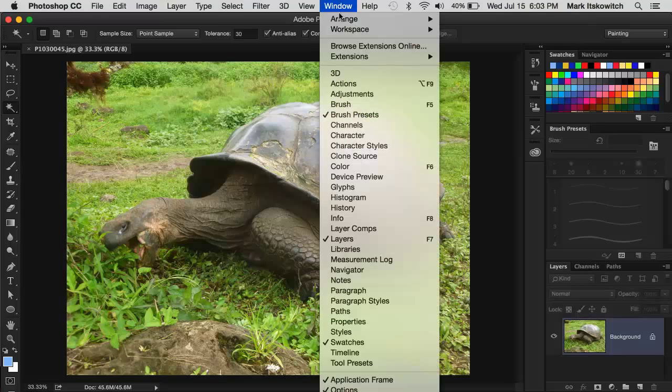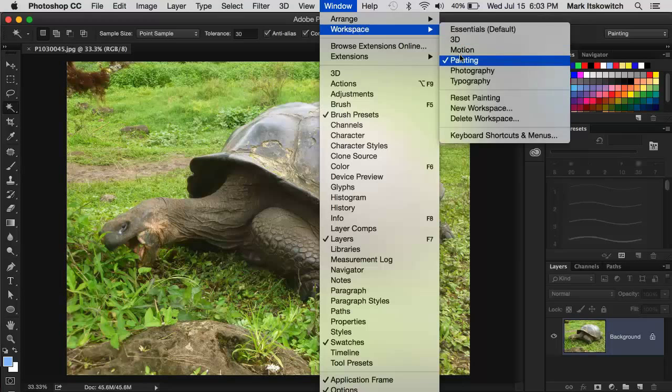Underneath Window is another way to access this workspace. You'll see the exact same thing, Essentials, 3D, Motion. We're now on Painting, and again, I can reset that workspace. What I want to do is make a new workspace. You see how it says New Workspace? So I don't want to select that yet, but I want to create a new workspace and show you how